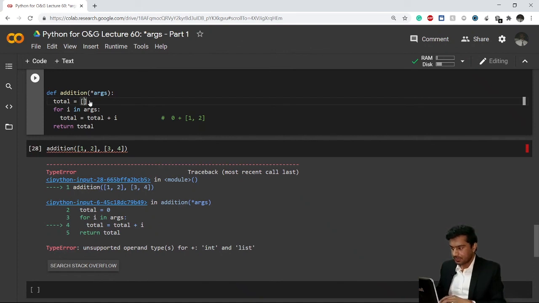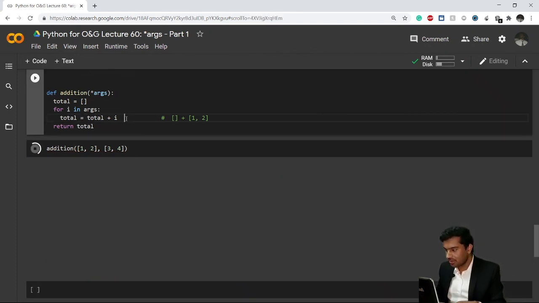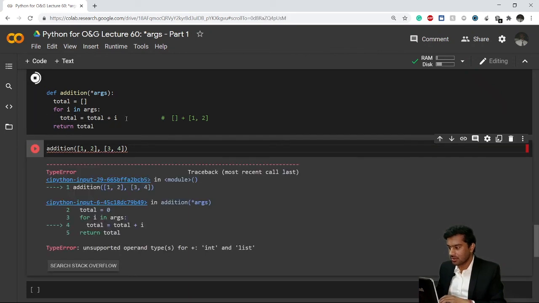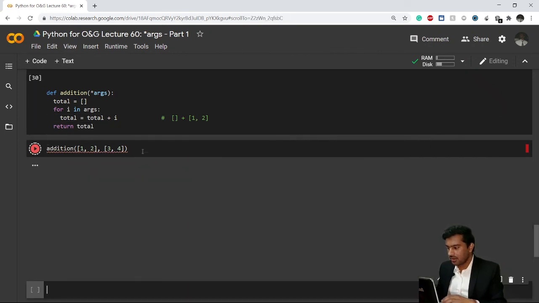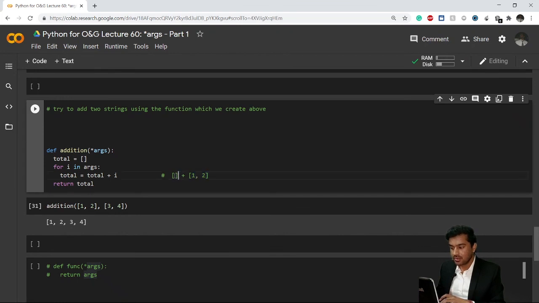So what can I do in this case is simply replace the 0 here with an empty list. So now what happens is I am just adding an empty list plus [1, 2], then my final value of total becomes [1, 2], a new list, and after that I can add [3, 4]. If I see the results now, I'll execute this code first, and now if I run this code again, you can see I'm getting the result, because this time instead of adding the list to a 0, we are adding it to a list. So list plus list gives me a list.